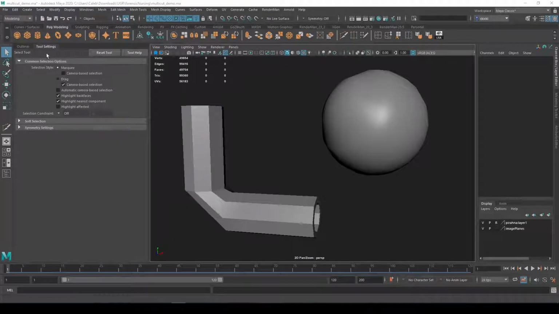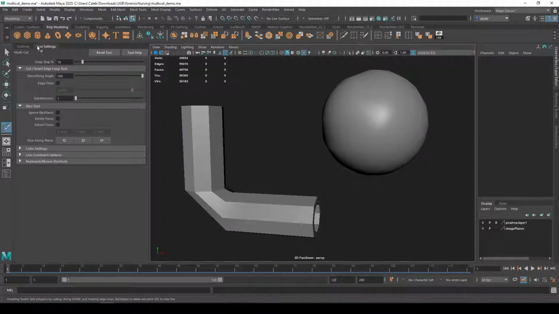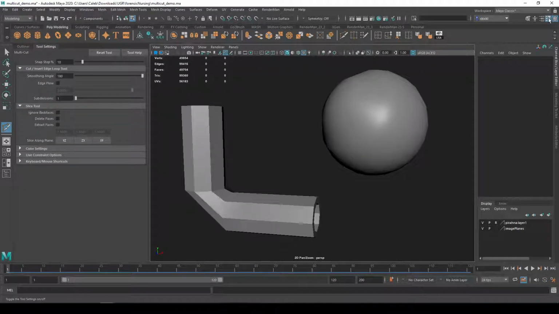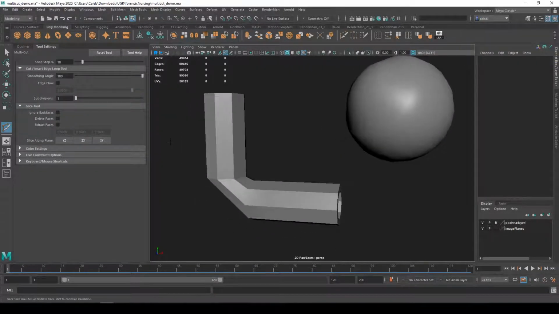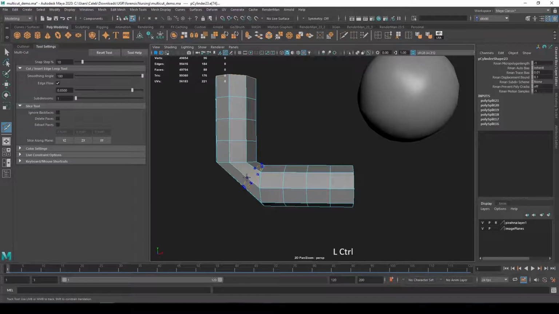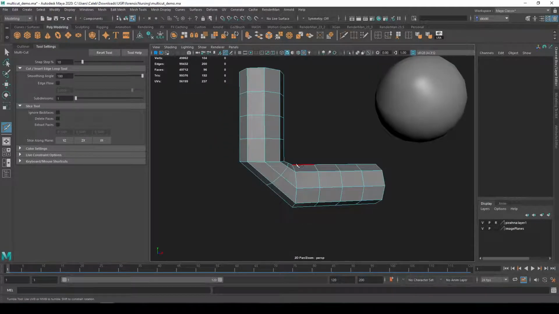I want to show you another useful trick I like to use with the multi-cut tool. So I'm going to open up the tool settings for that by double clicking on the tool or clicking on the tool settings here or up here. And so I'm going to be using edge flow. And so what this does is that when I cut with my multi-cut tool now, let's show it without it first. If I add a cut, I'm going to hold Control, middle mouse click, let go to add a new edge loop, and you'll see it adds